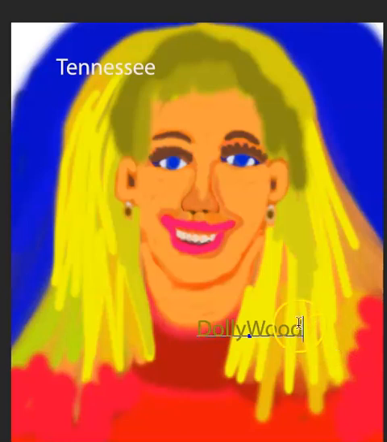And Dolly, I'm like, yeah, I think it would maybe look good in all caps, but still. Anyway, yeah, I got Dollywood right there.